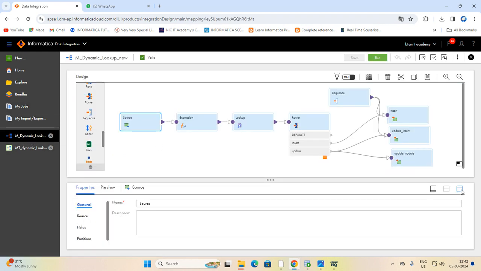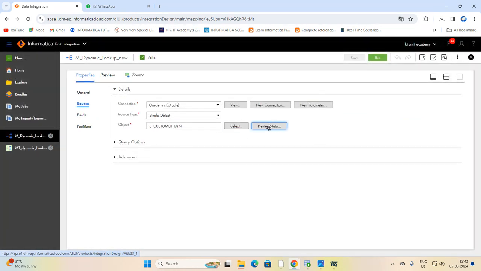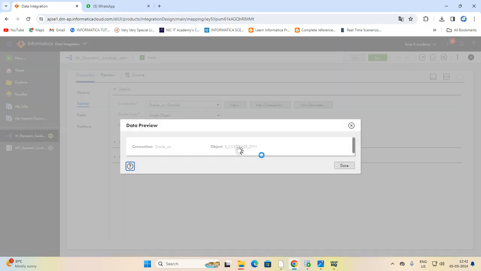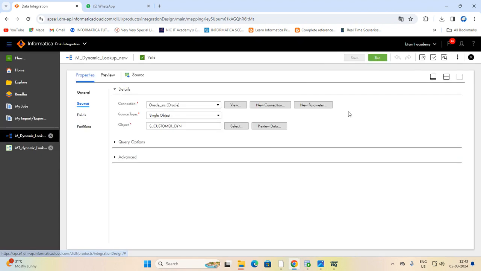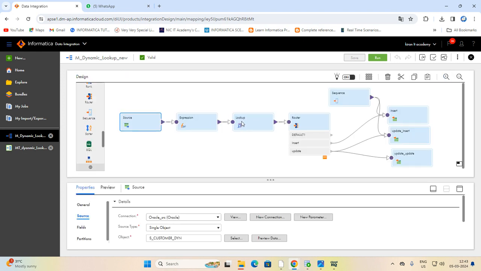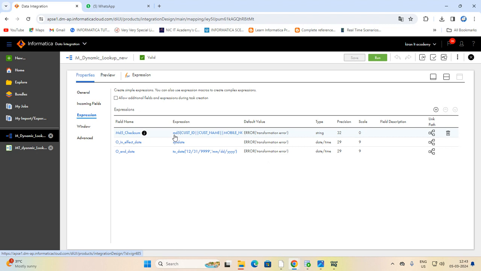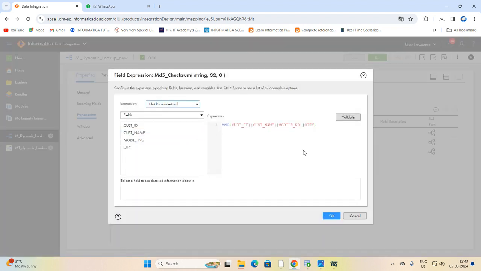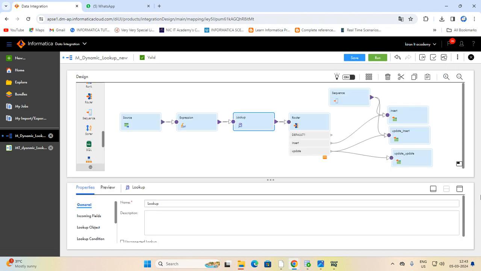We are taking the source here, customer dynamics only. So we are getting the data here, and then we go to the expression transformation. There we see the expression, MD5. Why is it giving error? No. This MD5 checksum is a 32-bit string only. System date and effective date are fine. Now we go for the